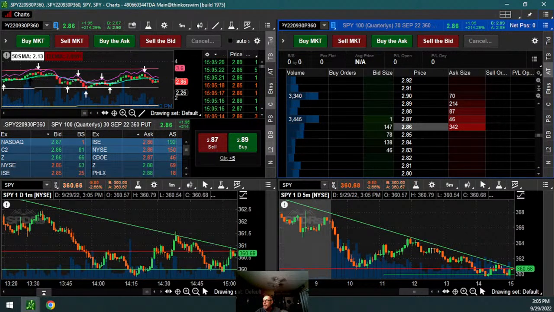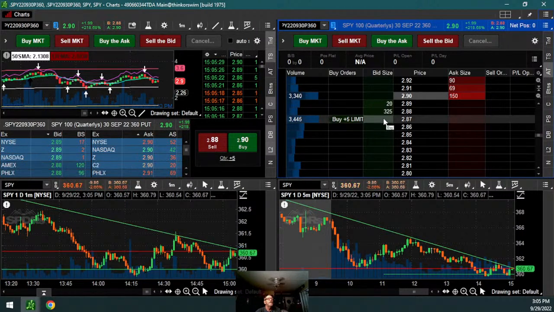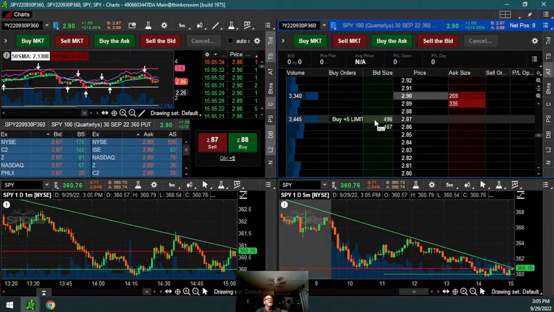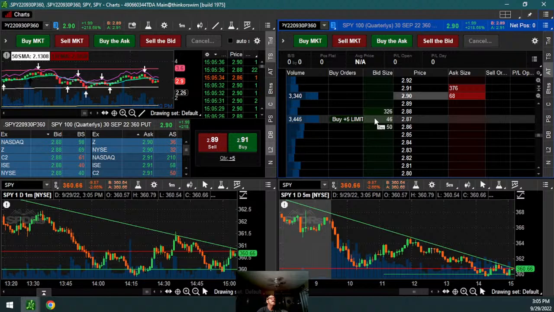You with me? If I just want to make an order box here, and an order box here. This can be an order box. You can buy right from the ActiveTrader. There it is. Buy 5. What's the price? $4.90. What am I on? $4.96. Oh, that's the actual $2.90.